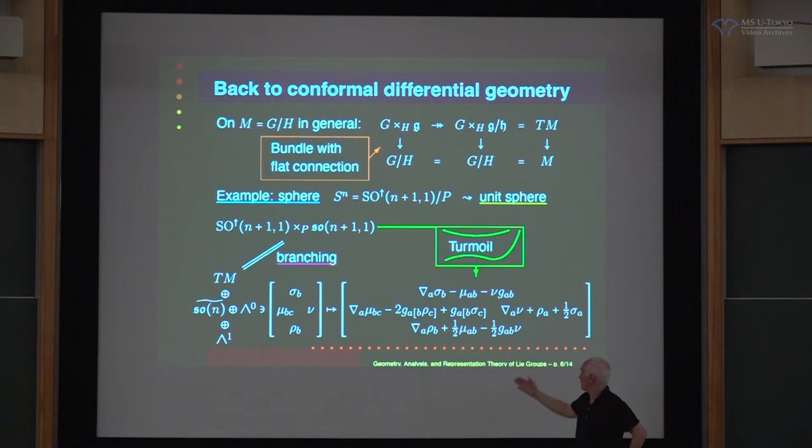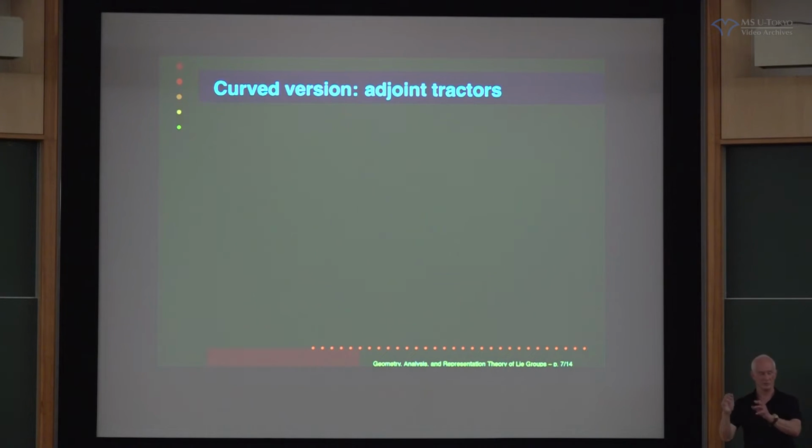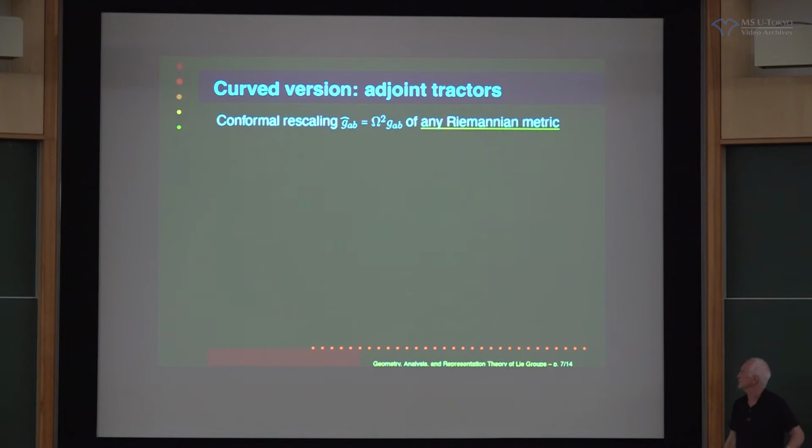Right, so you might think things are getting more complicated here. But the point is that this actually is something which not only works in the flat model of conformal geometry, which is this homogeneous space, but you can check that it actually pertains more generally. Okay, so this is the content of the next slide. So this is like a curved version of this. So there's no homogeneity anymore, no groups acting. You just have a conformal metric.